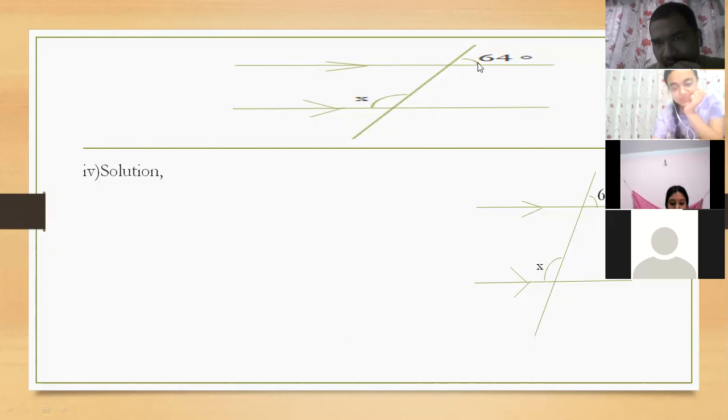No, there is no relation, but we can bring them into one relation, okay? One pair of angles we can make, because this angle and this angle are vertically opposite angles. Look here, I am going to show this. Let a equal 64. That you have to suppose a. Where do you have to suppose a?